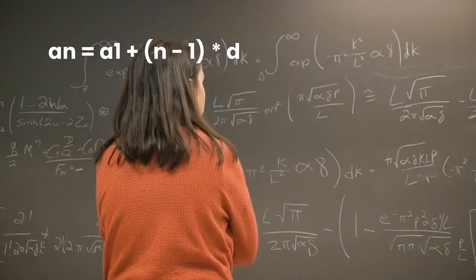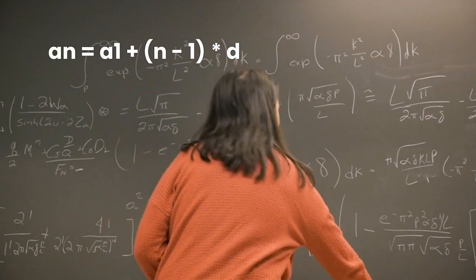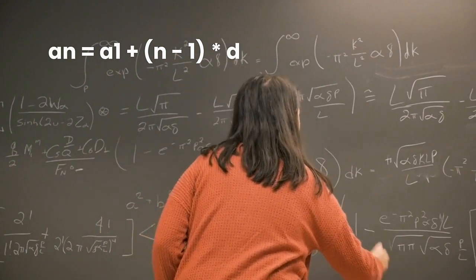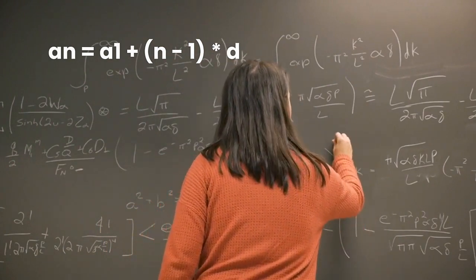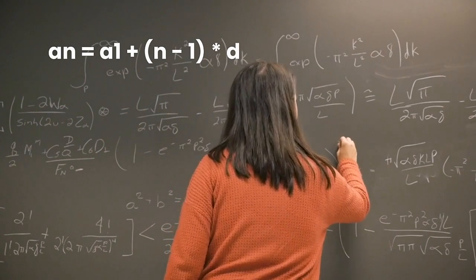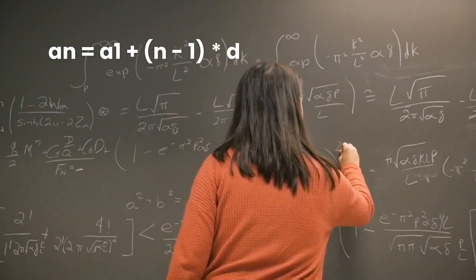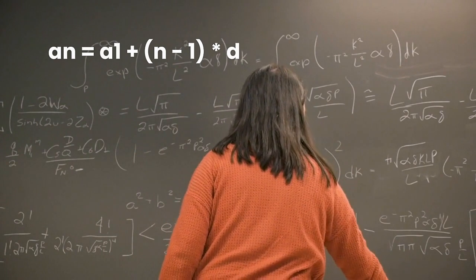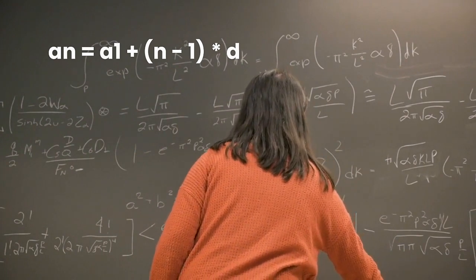Sir, I am a bit confused. Any shortcut to solve this? Yes my kid, we have a shortcut to solve this. Follow this formula and you can solve it in a few seconds. An equals A1 plus (n minus 1) times d. Here, An represents the nth term, A1 represents the first term, n